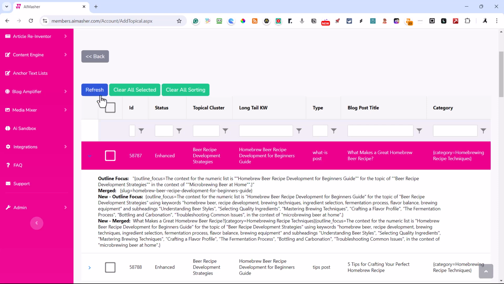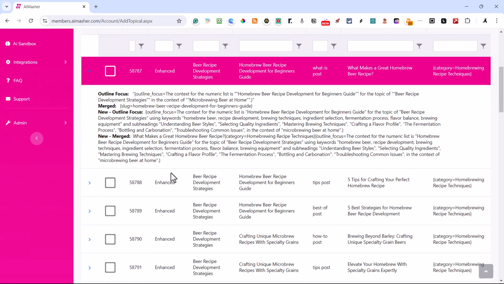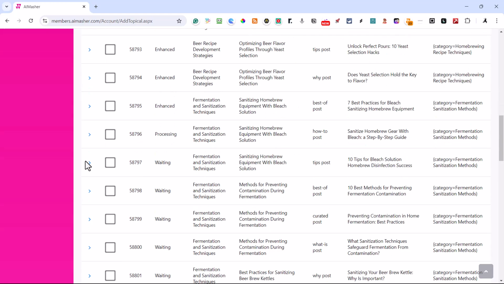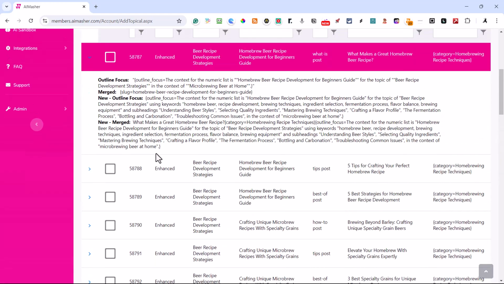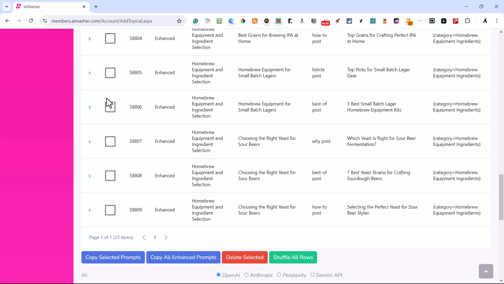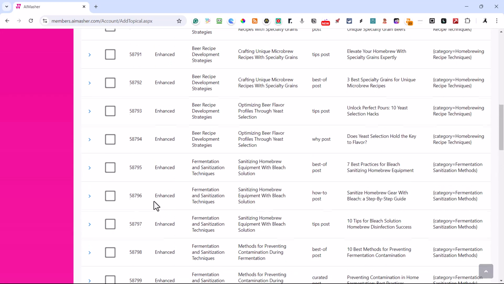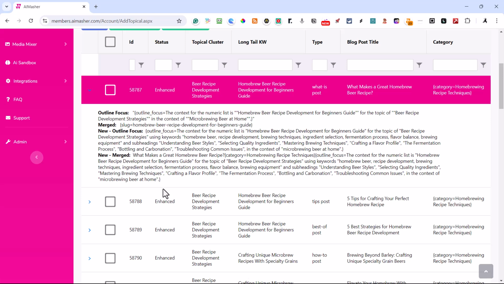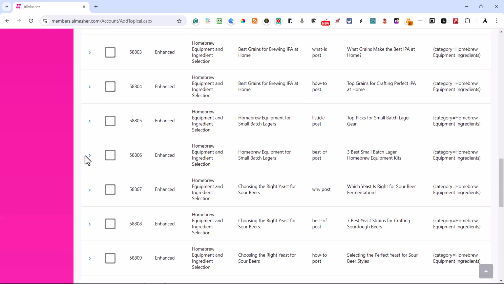Okay. So this one says enhanced. 4.0 Mini is very fast, and it should be close to done. This is the new merged sentence right here that we're going to be putting into Bulk Writer. Now, you can copy them one at a time and put them over to Bulk Writing. Okay, they should be close to being done. Yep, they're all done. So we got 23, they're all enhanced. And like I said, you could copy them one at a time if you wanted to, but I don't want to do that. But I am going to check a few of them just to make sure they completed successfully.